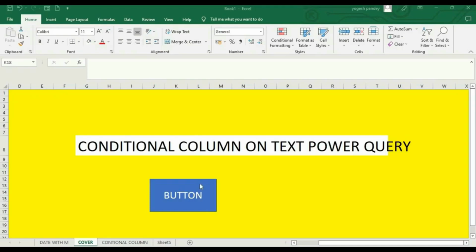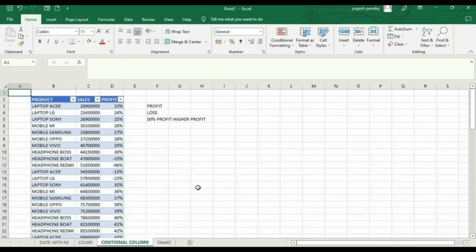So now students, this is the second part of our conditional column, on text in Power Query. See how we can do that. Earlier we did it with numbers. I will click here and go to our data. This time we want to create a category here, like this is laptop, this is laptop, this is mobile, so we can know which category these belong to. We have three categories here: laptop, mobile, and headphones. So we want to create a category from them. So friends, what we will do here is, either laptop will be written,